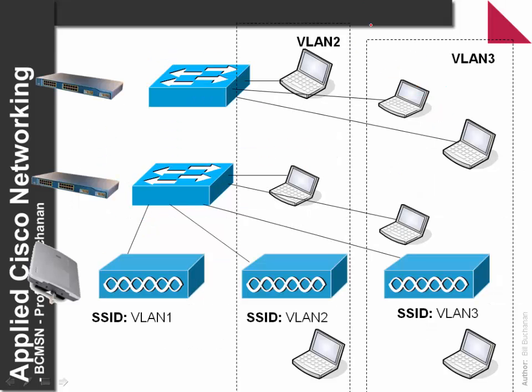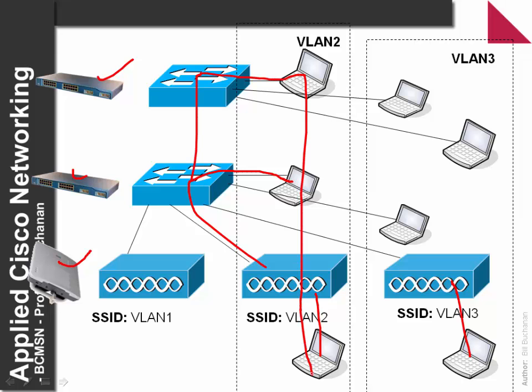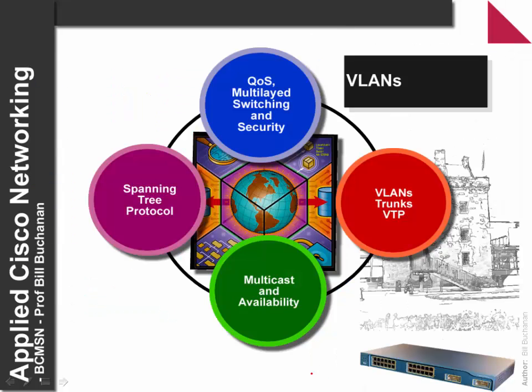We can see here an example between a switch and an Aeronet, where we can have various SSIDs. In this case, this machine connects to the VLAN 1 SSID, this is VLAN 2. Then through the switch we can map up machines that are connecting to a fixed network and become part of the same VLAN. Okay, so let's look at some more VLANs.